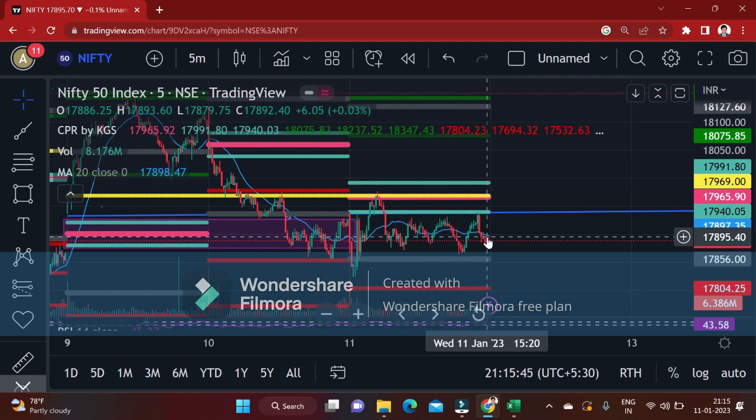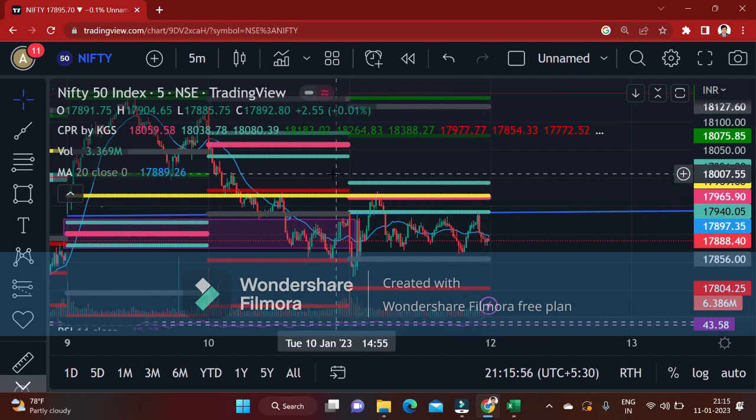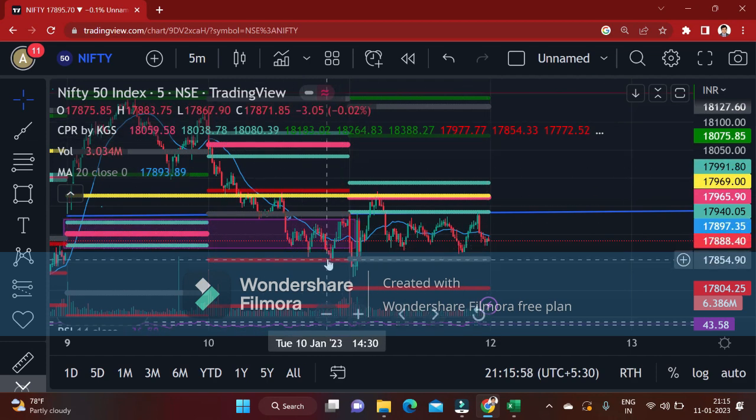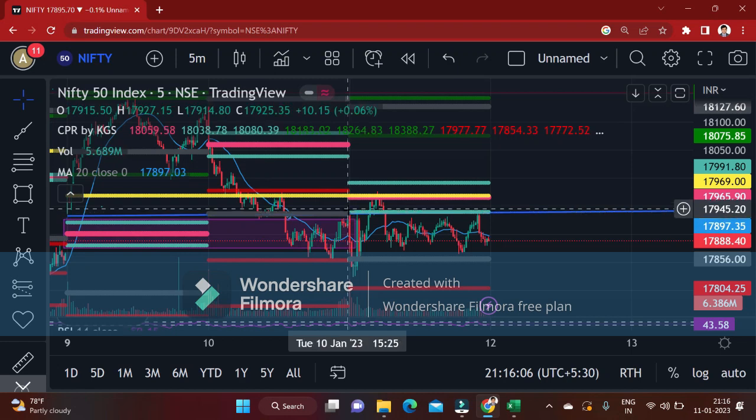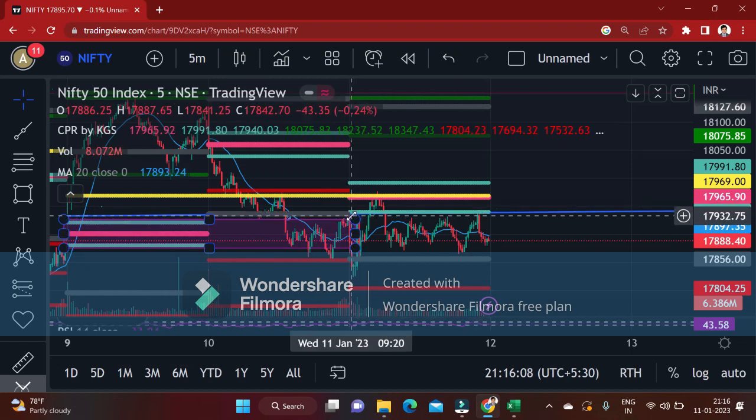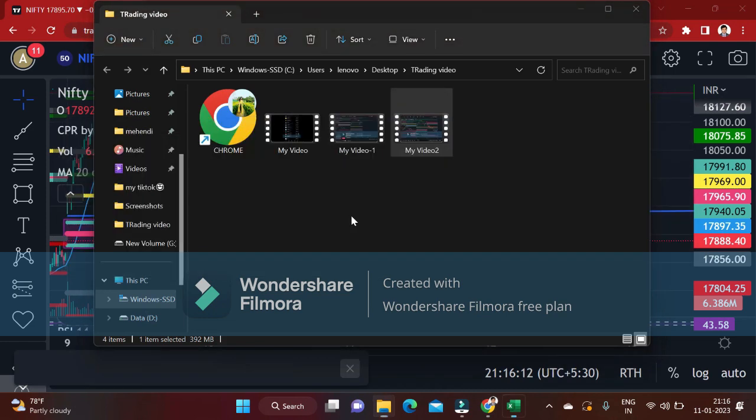So today was 11th January 2023. As we have seen yesterday, there was a bearish market from here to here. There was a big movement and all gap got filled. Okay, so today it opened with a bearish bar. Okay, so what we'll do normally, we'll see first